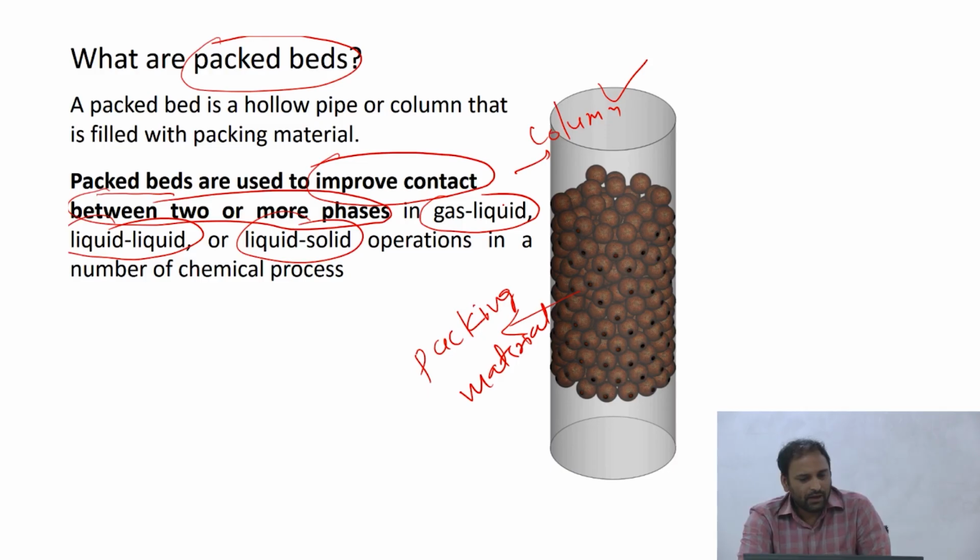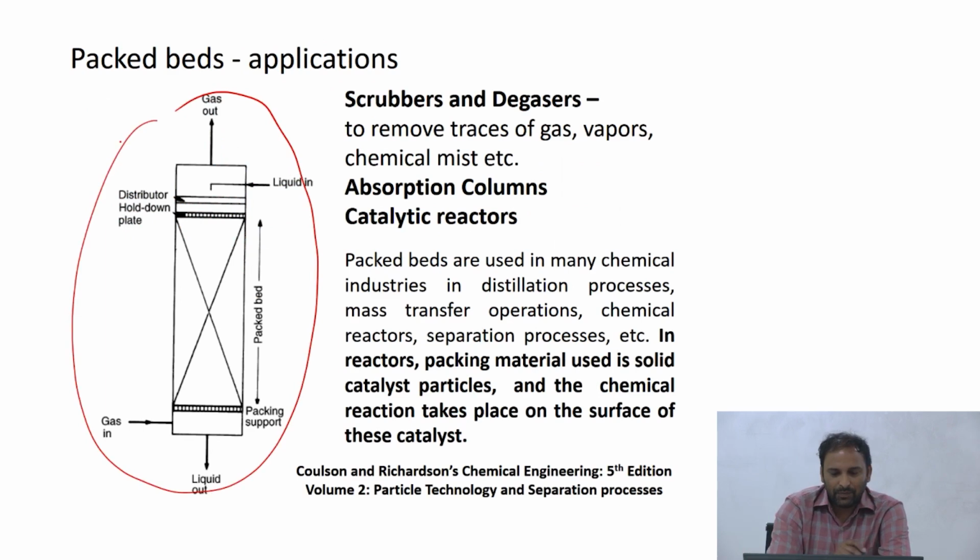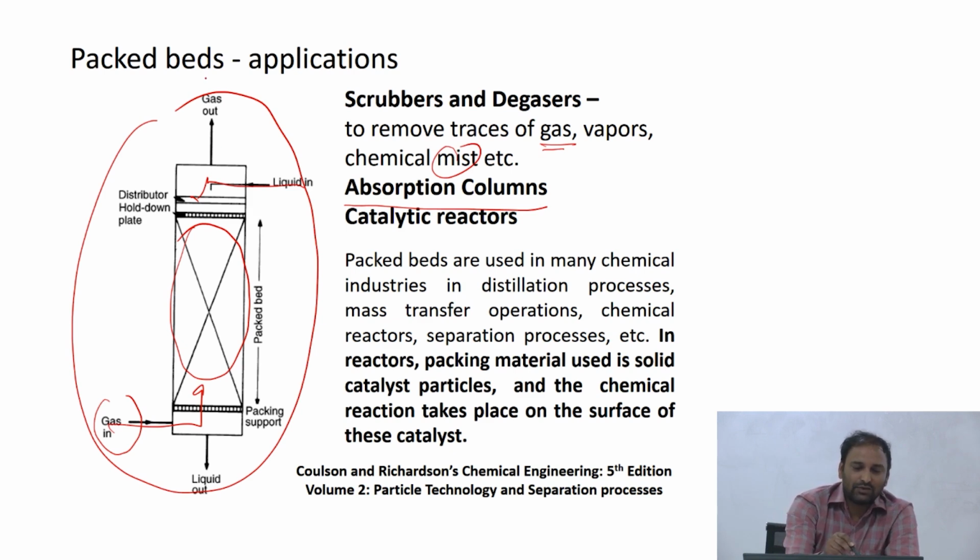Now, this is again a schematic that I picked up. This is an example of an absorption column. Typically what you'll have is some packing material in the pipe. There is some liquid that is coming in. There could be some gas that is coming out. If there's a gas that has some trace amount of chemical, for example mist, or if I want to have a clean gas come out, if there is some unwanted gas that you want to separate out,